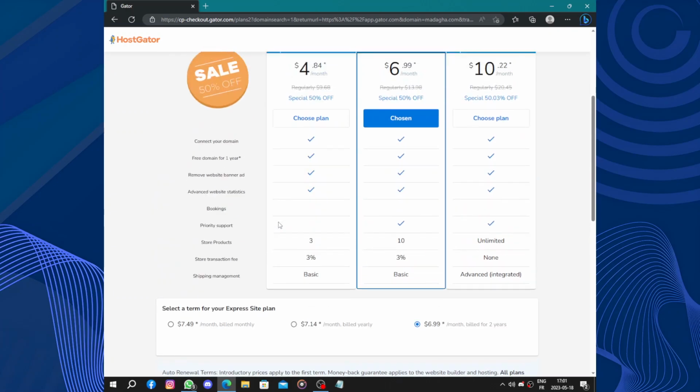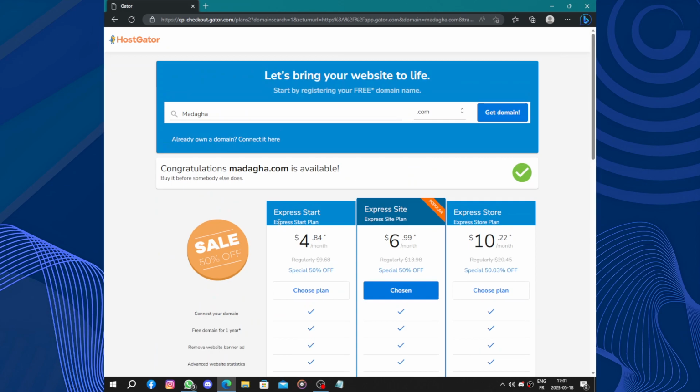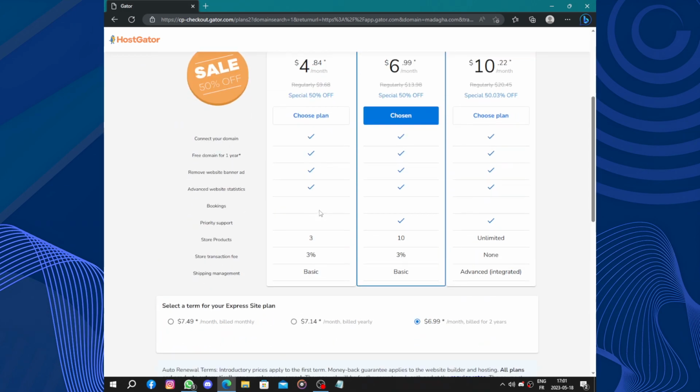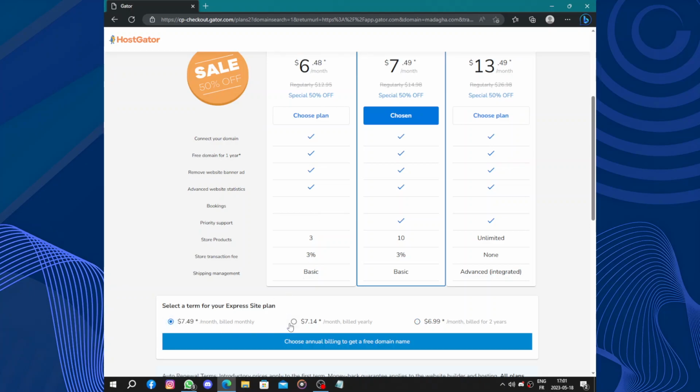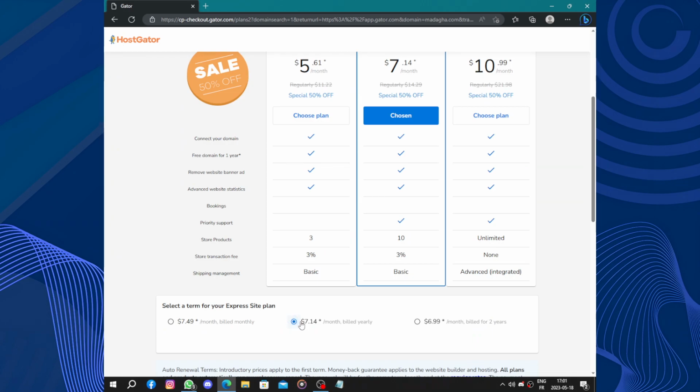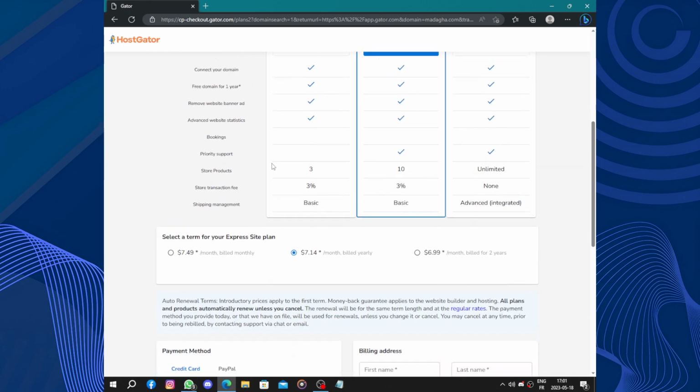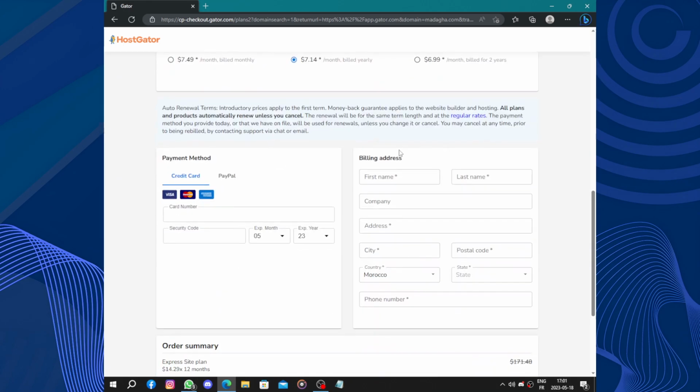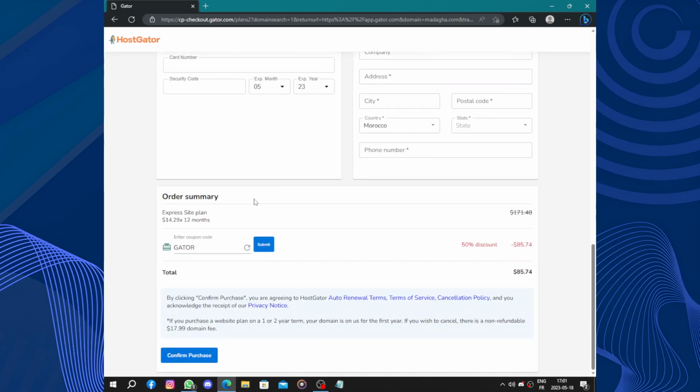The plans for the start with this website. So let's choose one of them, and you need to fill in the billing address, your card information, and